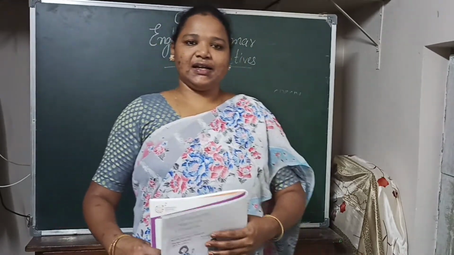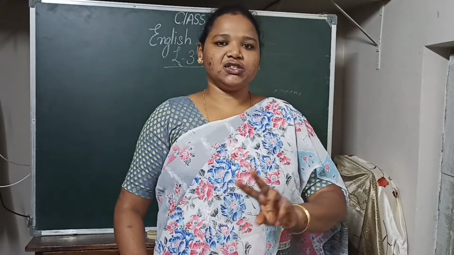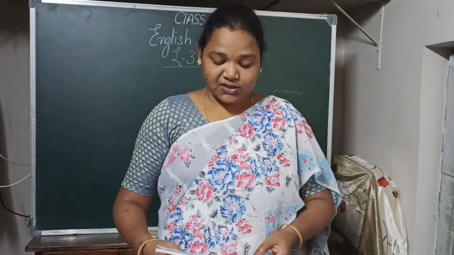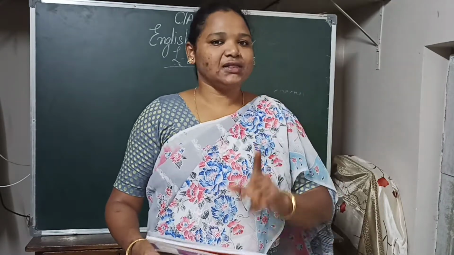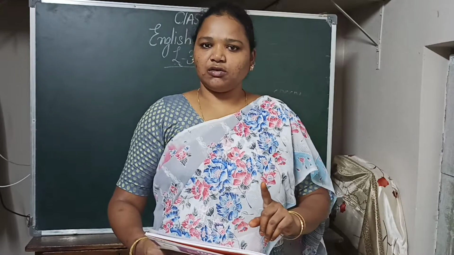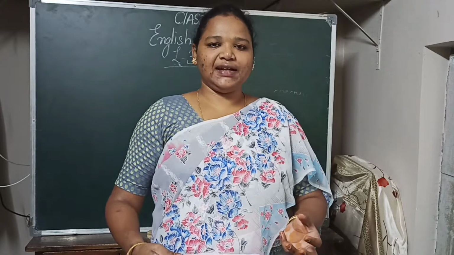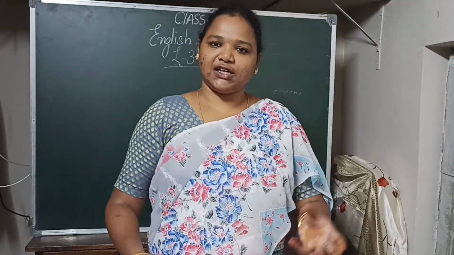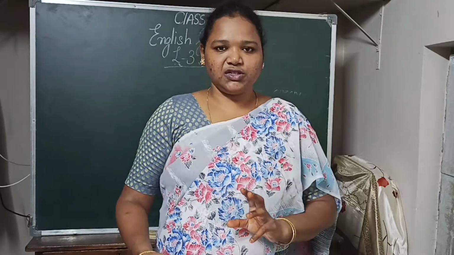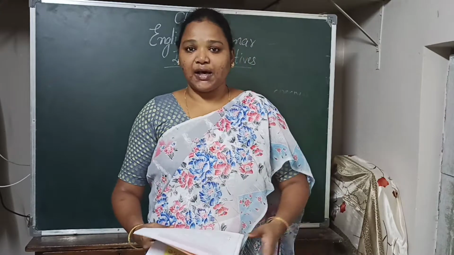Sheena is running faster than Leena. So here we are comparing Sheena and Leena. So in positive degree, what we do is we only state about one thing, only one person. Okay. So for example, sweet. This chocolate is very sweet. Okay. So we are telling about that chocolate, that it is very sweet. We are not comparing it with another chocolate. Okay, so positive degree tells about only one thing without comparison.